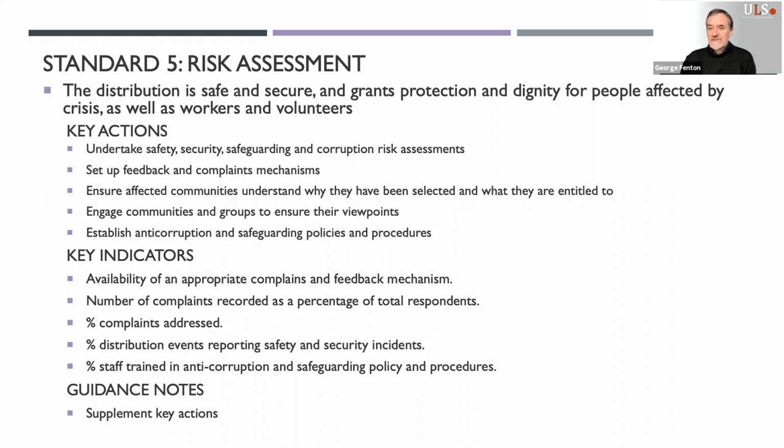Senior management should ensure that all complaints are followed up, of course, and all staff and volunteers involved in the distribution should be aware of the security risks, safeguarding policies and risk reduction measures, and how they relate to their specific roles. It's good to brief workers in communities and contractors on key topics such as humanitarian principles, safeguarding, corruption, protection issues, security, and ensure that contractors understand and uphold humanitarian principles and your code of conduct.